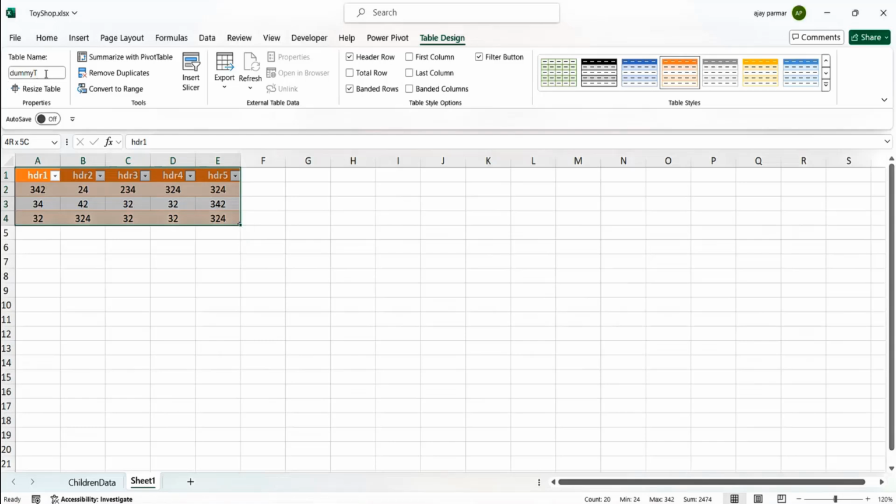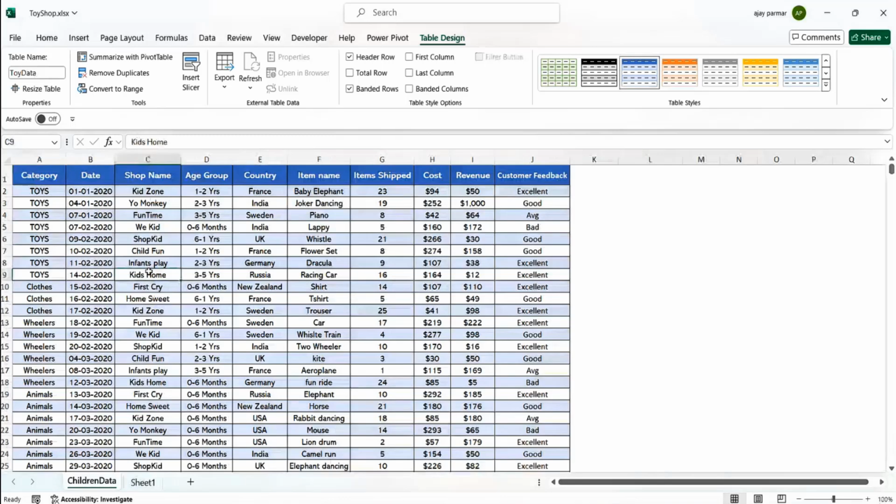So this name, for example, if it is a banking data, I can write here, bank table. You can write the underscore as well. Table TPI. If it is a data related with the sales, right, sales table. So this way, on our Power BI window, which I will show you, it is going to help you to basically understand that this is my table, this is the table which I want. So let's not name them like table 1, table 2. Anyways, so I've already created this table, Control T, and this is the name of the